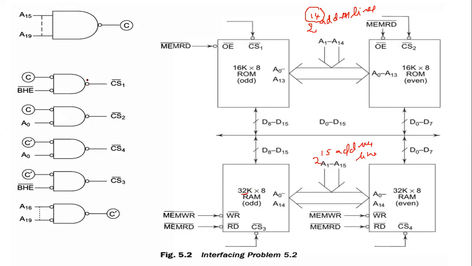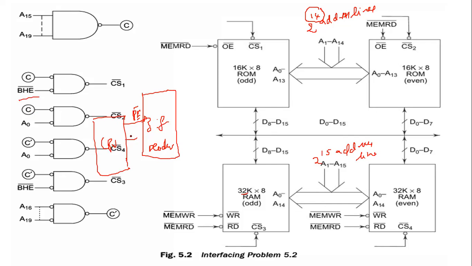Again, instead of this one you can also take the 3:8 decoder. In this decoder circuit, the input comes from the CPU, that is BHE bar. What are the remaining lines? We are using A0, and we are using the A16 to A19 lines.